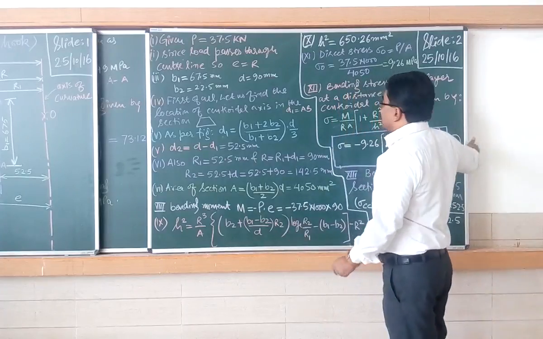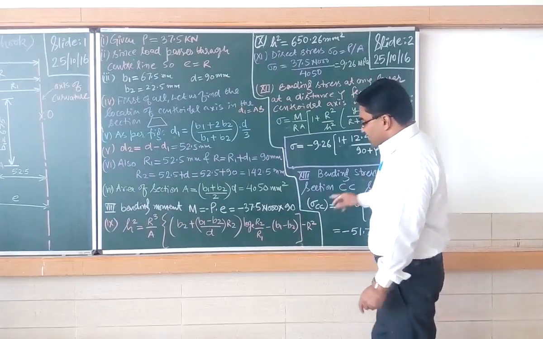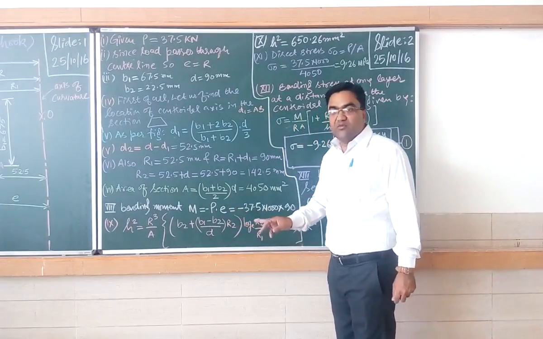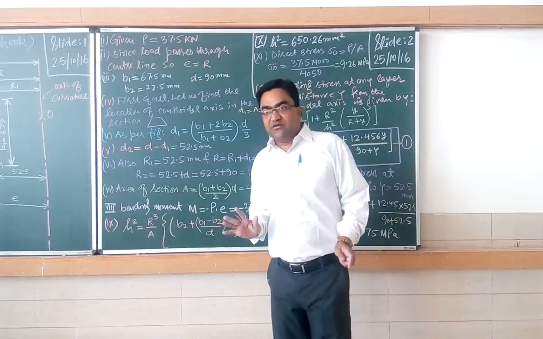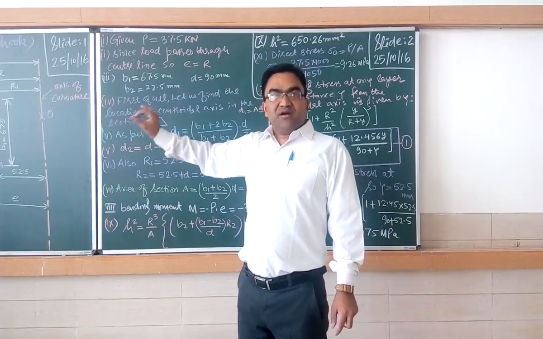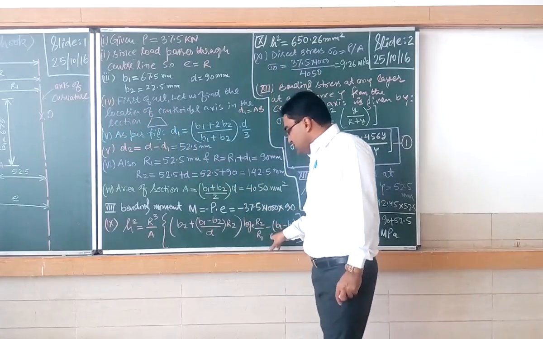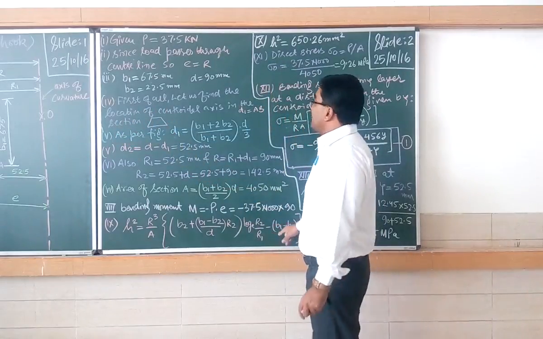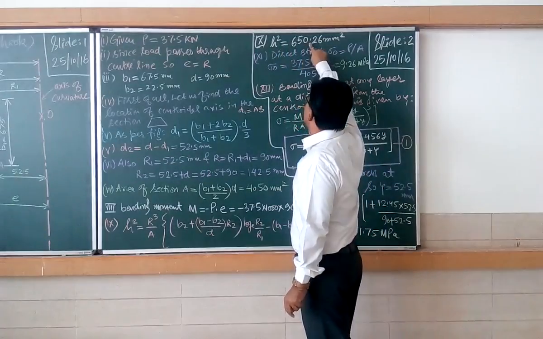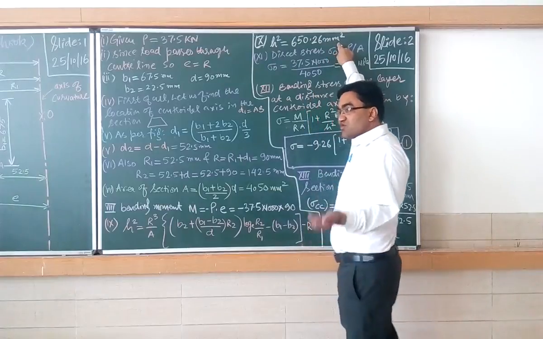So let us see. Now after putting the value of r2, r1, v1, v2, r3 and a, we know all these values and we have already found these values from the geometry. We have to simply put these values in the h square. After putting these values, we obtain the value of h square as 650.26 mm square.